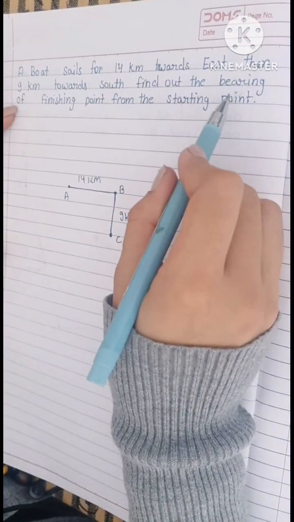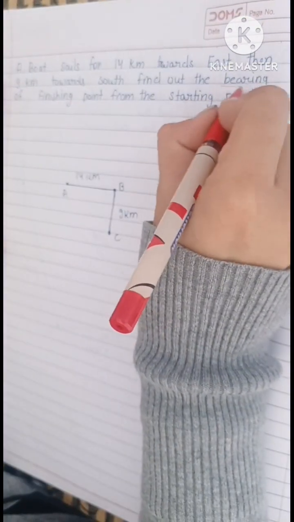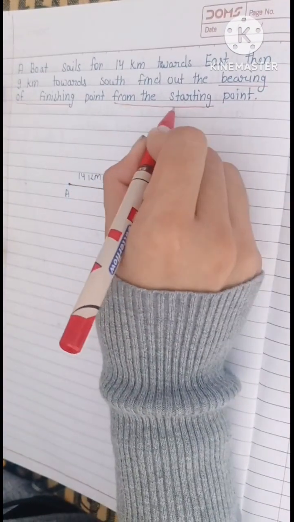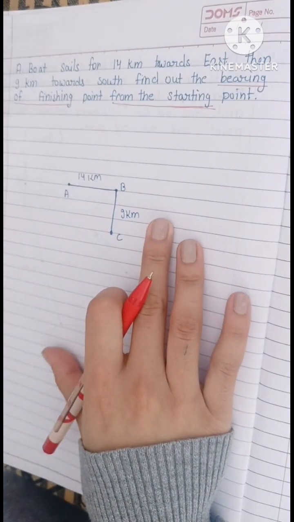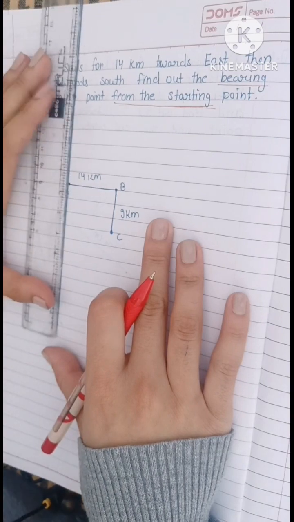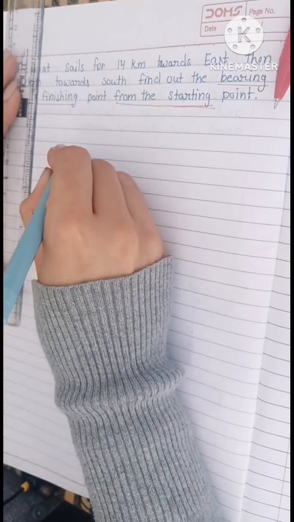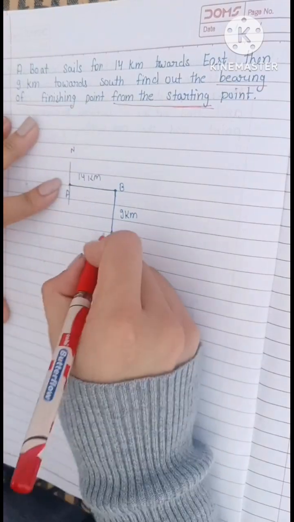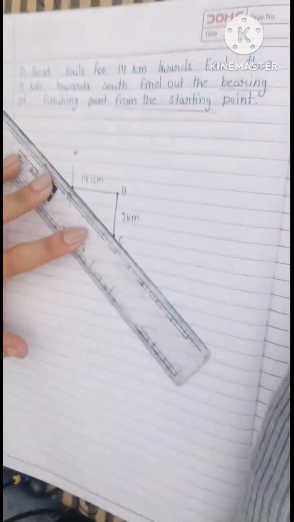Now we have to find out the bearing of finishing point from the starting point. So we have to start from the starting point A. As we know the rules of bearing, we have to draw a north-south line on the starting point. So I have drawn a north-south line here, and I need to find out the bearing of the finishing point, which is this point. So let us join these two points by a line,